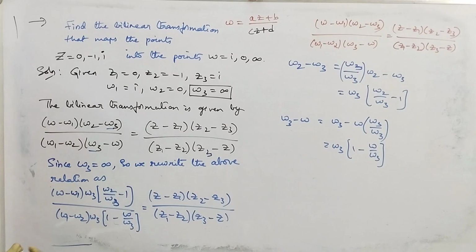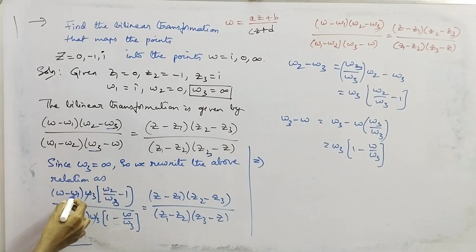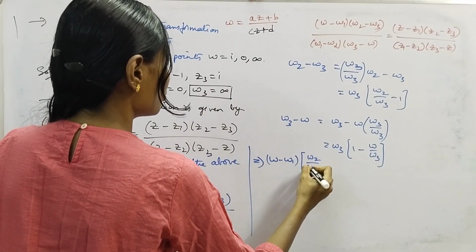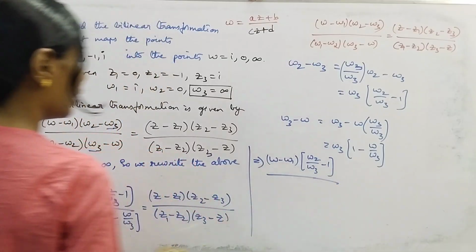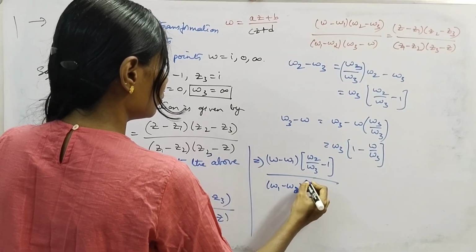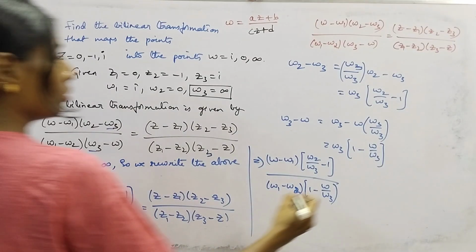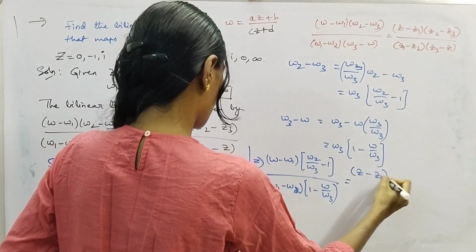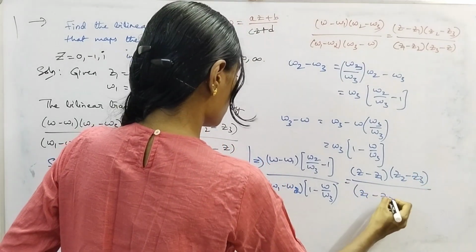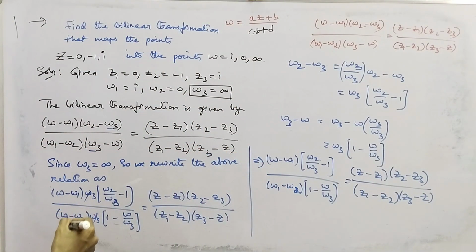It's z3 minus z, okay? Fine. Now cancel this omega. You'll get (omega minus omega 1) into (omega 2 minus omega 3) minus 1 by (omega 1 minus omega 2) into (1 minus omega) by omega 3 equal to (z minus z1) into (z2 minus z3) by (z1 minus z2) into (z3 minus z). Right? Now substitute the values. We'll have